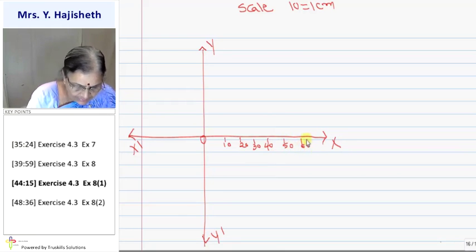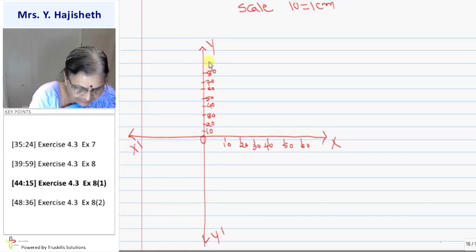Okay, here is 10, 20, 30, 40, 50, 60, 70, 80, 90 and 100. ओके, एक पॉइंट इधर आएगा, एक पॉइंट इधर मार्क किया, एक पॉइंट इधर मार्क किया।